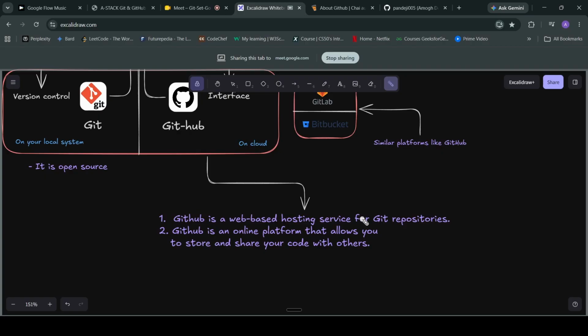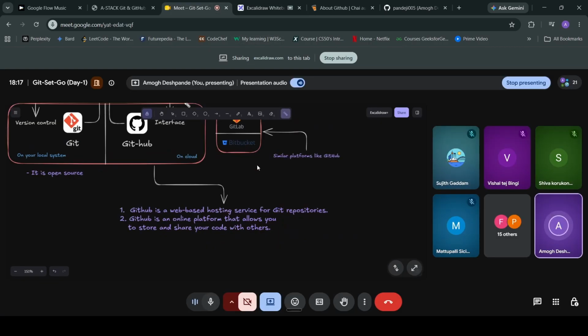Some people say folders, some say directories. In the naming convention for Git, we call it repositories. Don't get confused between repositories, folders, and directories. All three are the same.